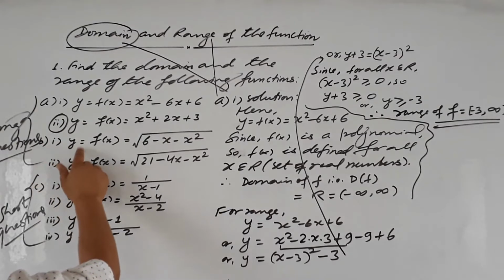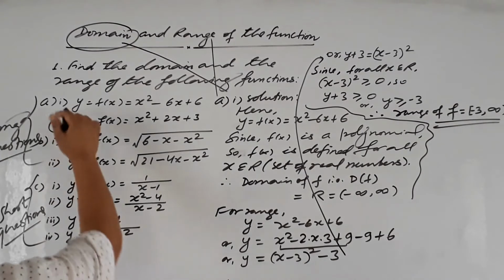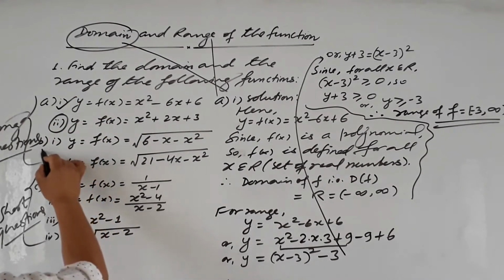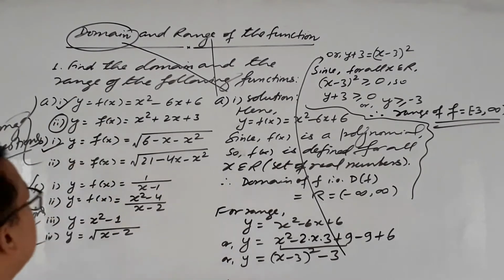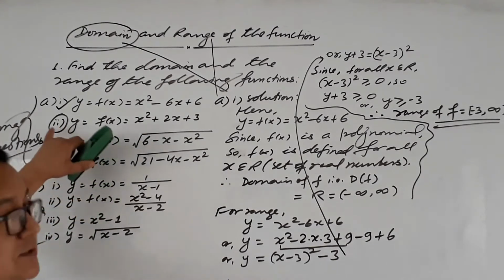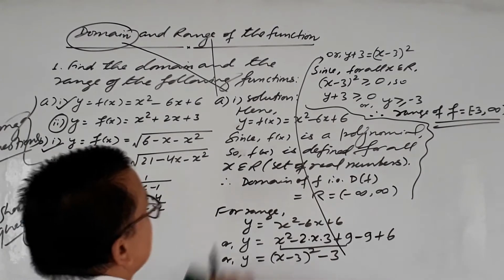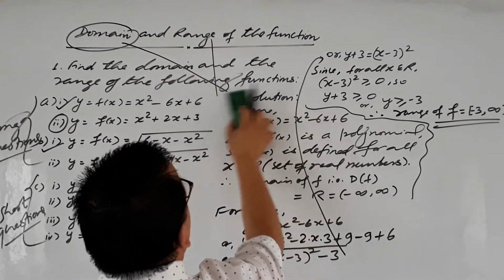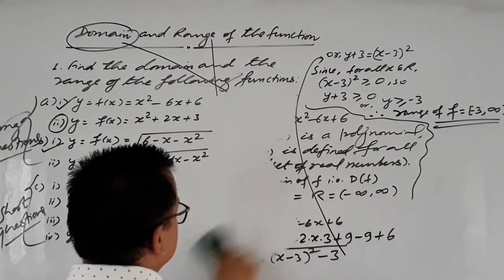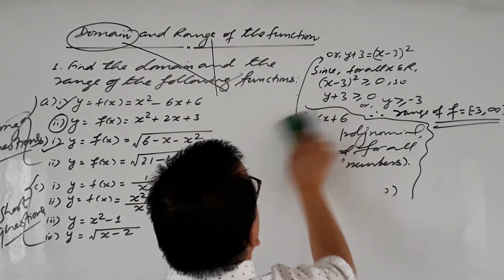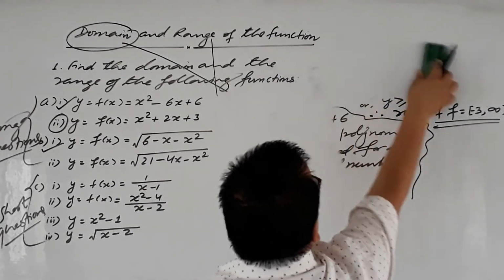I'm going to tackle this one, okay? Now the second one, this I have told you, and now I'm going to solve this with full explanation, and this one I like for you, okay? So you are clear. Now I'm going to expunge from the board. Okay, here we are doing the work of expunging. I'm removing this from the board.